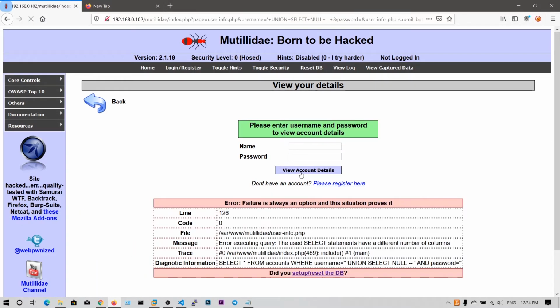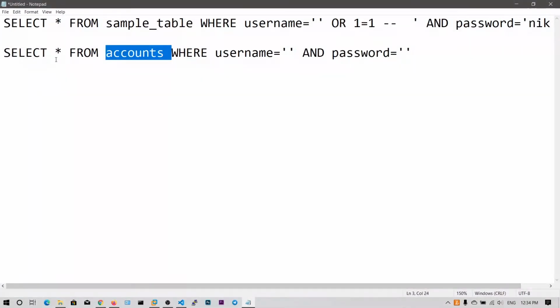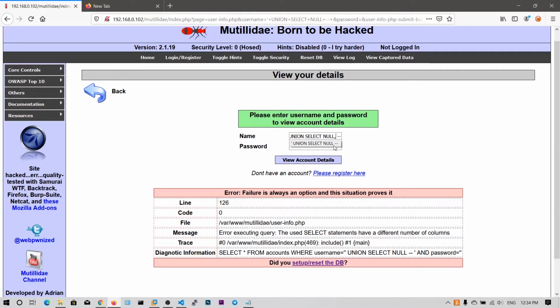If I hit enter, you can see there is an error: select statements have different number of columns. There is already one select from the accounts table with some number of columns, and here we are sending only one. So let me increase the number of columns. Let's say null, null.